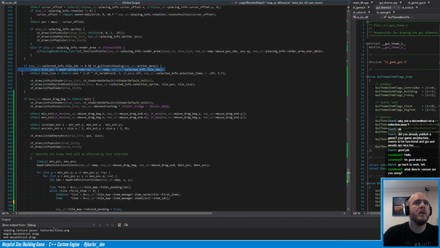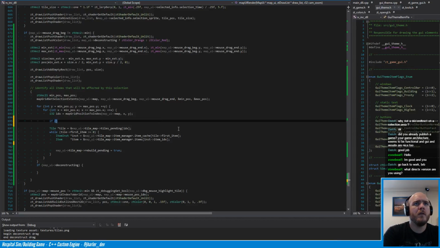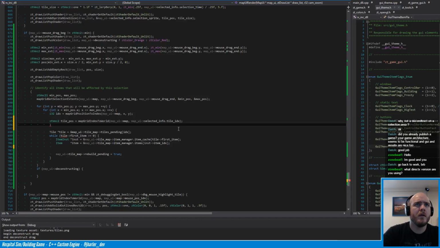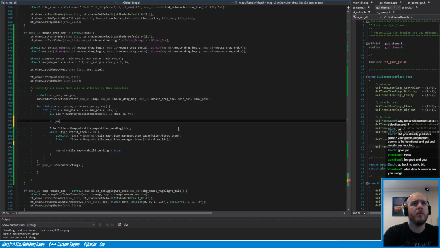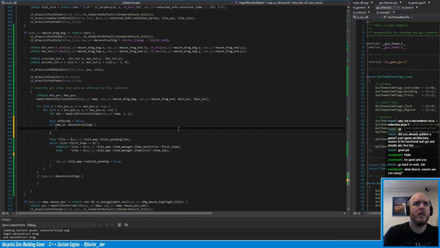That's what I need. Okay. If UI tiles affected is false. If UI deconstructing, then affected